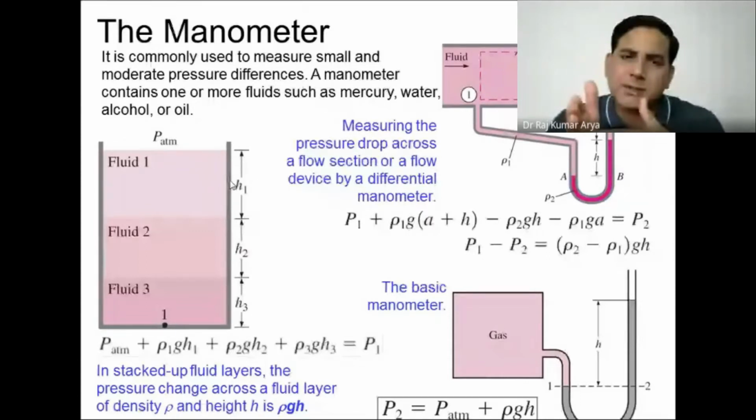As you have different fluids, the pressure intensity will keep on increasing. You will have the pressure of the previous fluid plus that of the new fluid, so with a different fluid you will always get a trend. Here the pressure would be zero, and then we have a trend. The high pressure would be here, rho g h1, the pressure of the first fluid, and then rho g h2 of the second fluid. So you will get a rectangle here, the first one, and then another one. I will show you how this pressure force will be calculated.